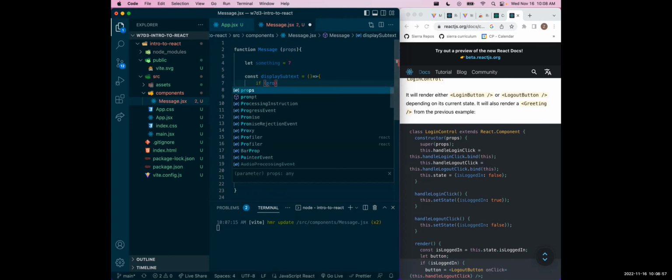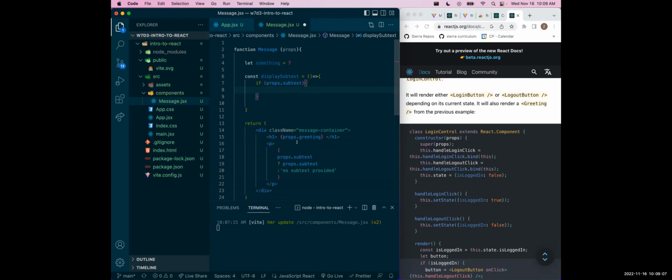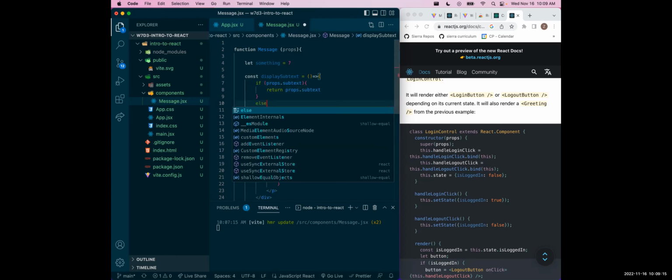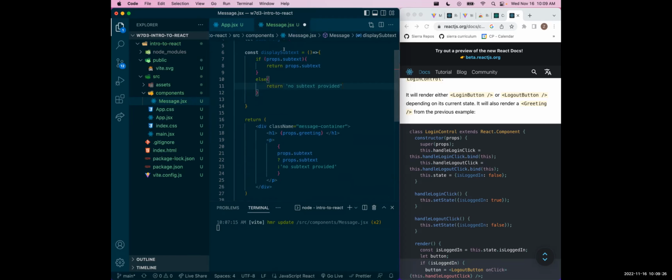So here in display subtext, I can have if props.subtext, then I can return props.subtext. Else I want to return this. So instead of having this logic in here, I could actually just,